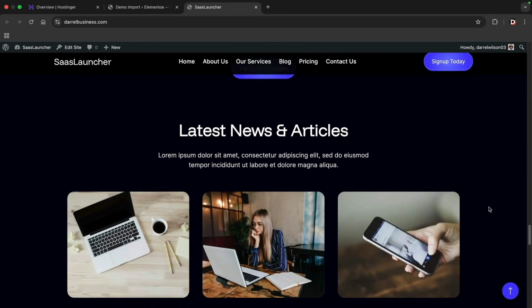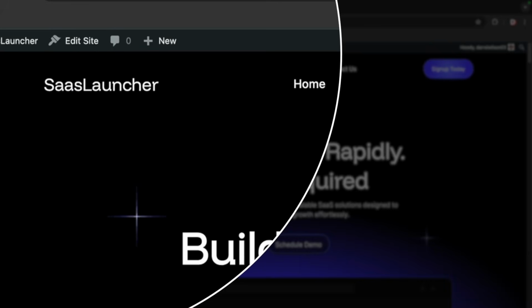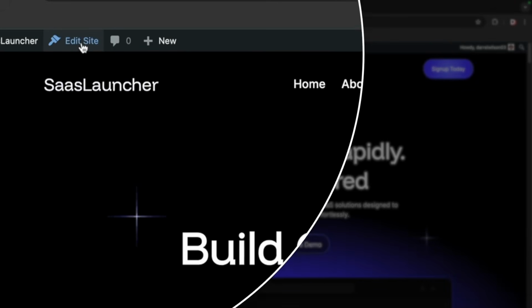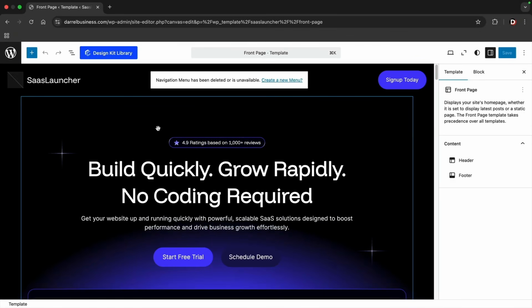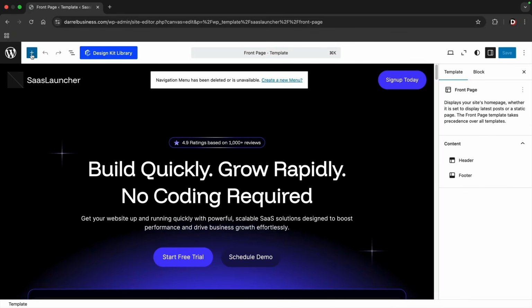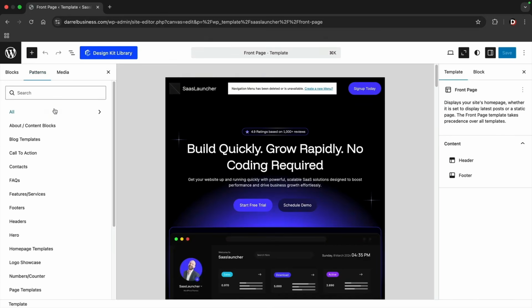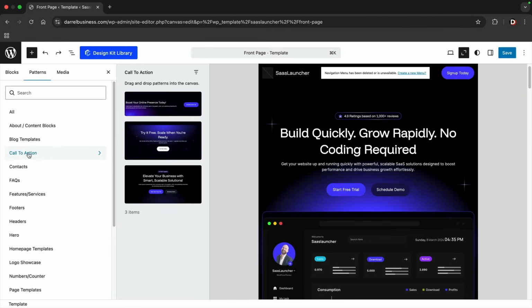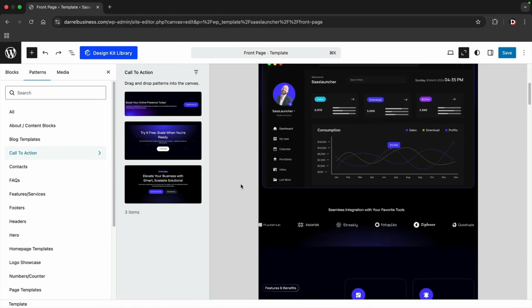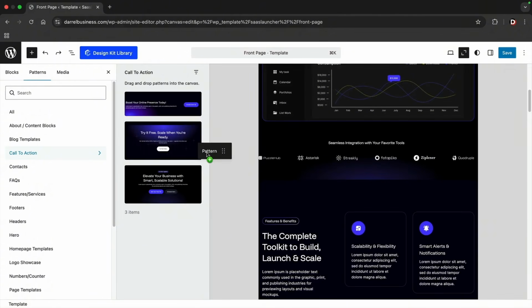Instead, you'll see an Edit Site button. This essentially turns on the theme customizer, but also turns on the editor for you to build your websites. What's unique about this WordPress theme is the way you can build it with patterns. When you select the block and click on patterns, you'll see how easy it is to build a website with Gutenberg. You'll go ahead and click on a section, and then you can literally just drag and drop sections onto